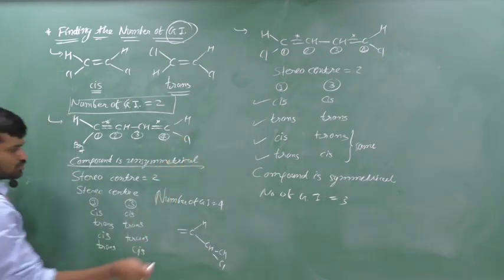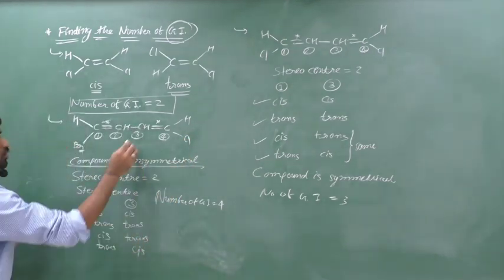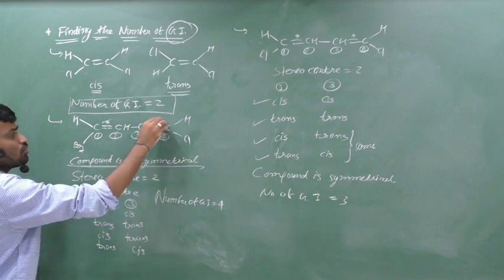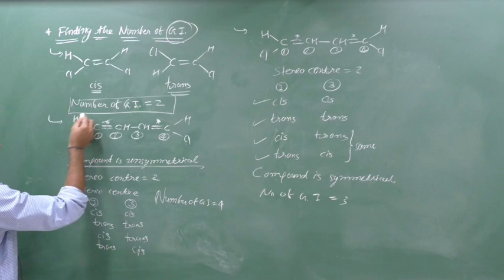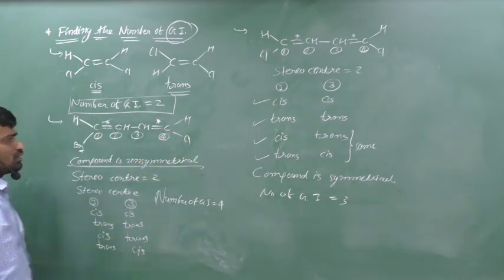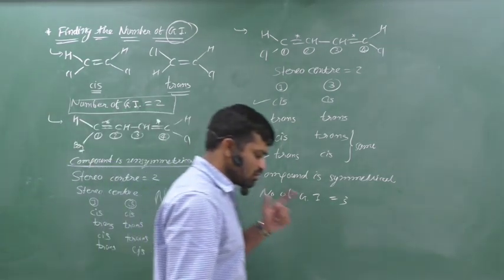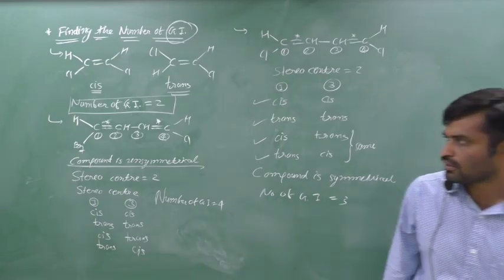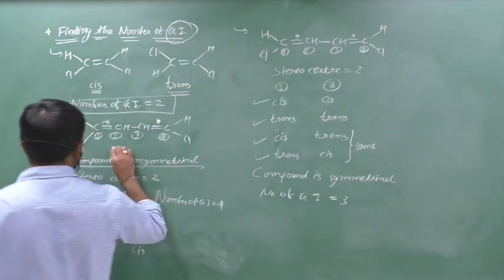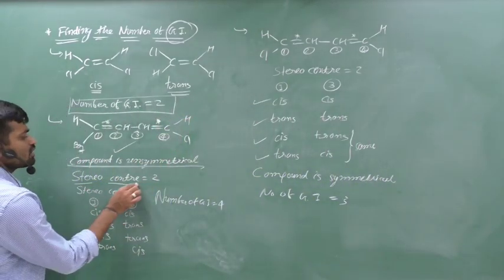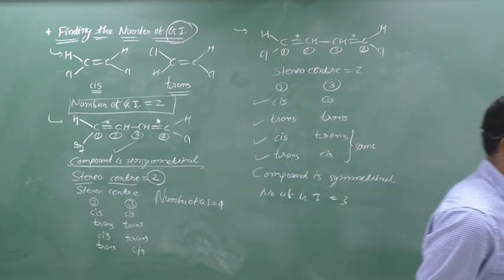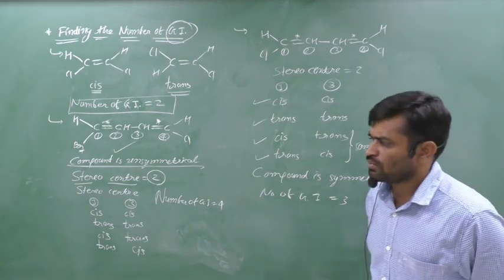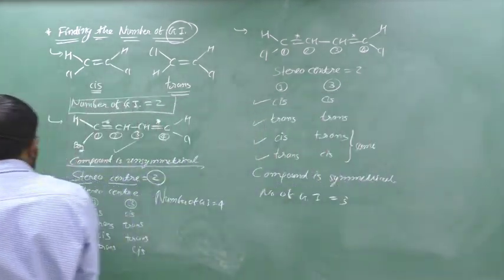Now if you see the second double bond, it is also a stereo center, because H and the remaining part is this, HCl, with restricted rotation and both valencies of the same carbon being different. Therefore this compound shows GI, and the number of stereo centers possible for this compound is 2. Now we check the possibilities of isomers.